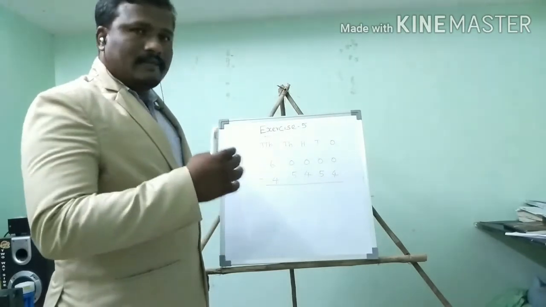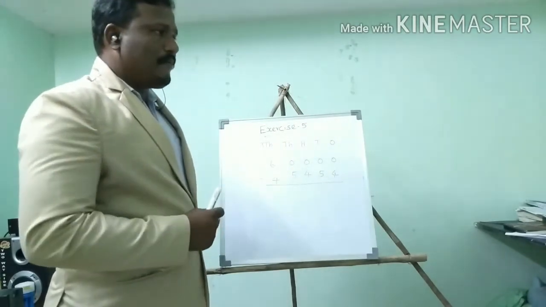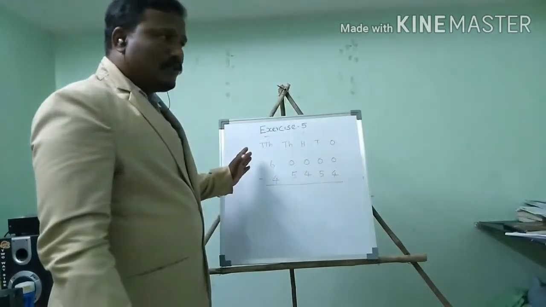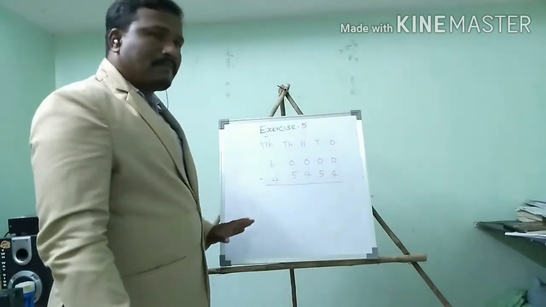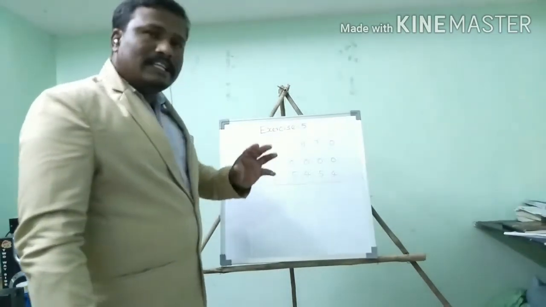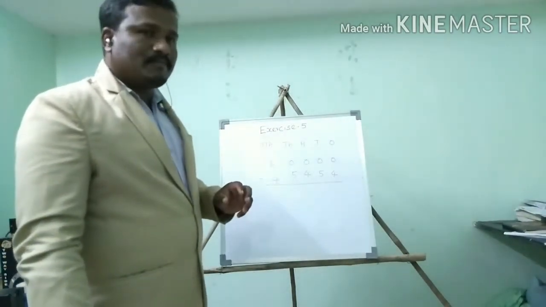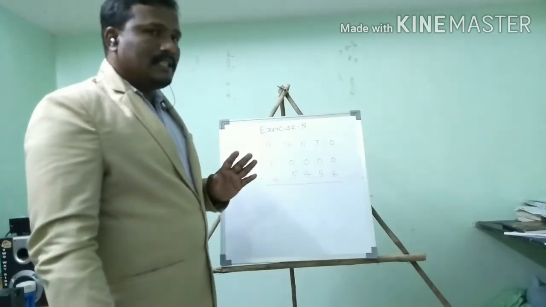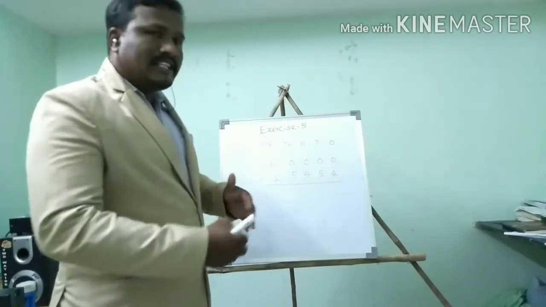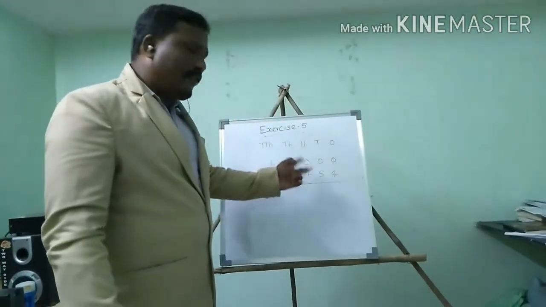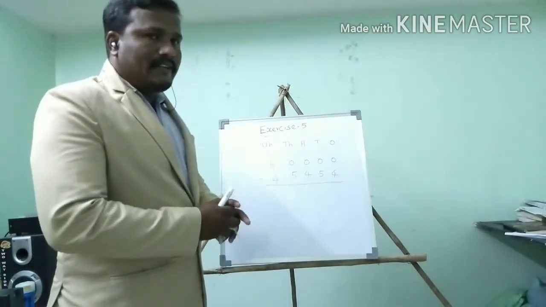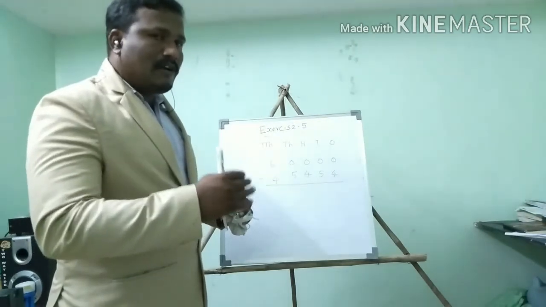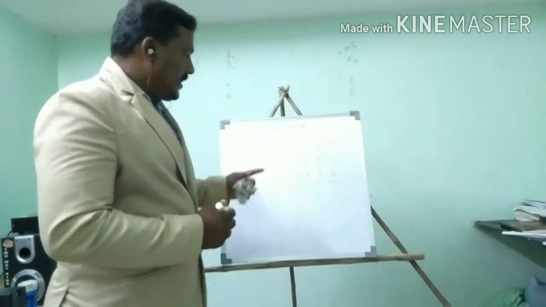Today let me see exercise 5. Okay, I will tell you, when you face this kind of subtraction, you may feel some difficulties. What? थोड़ा difficult है, meaning some difficulties when you face this kind of sums. Okay, I will tell you a simple and easy method. You just follow. Okay, let me see.